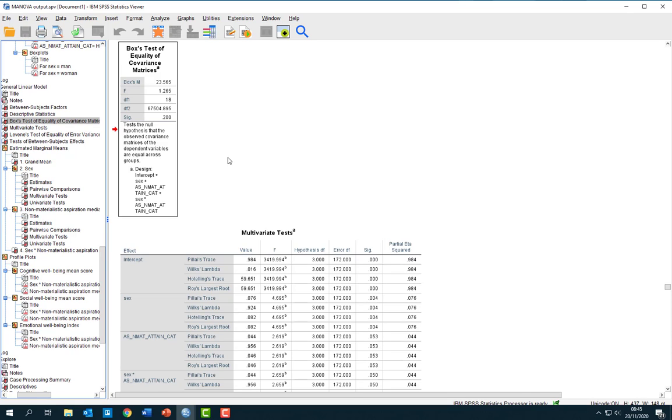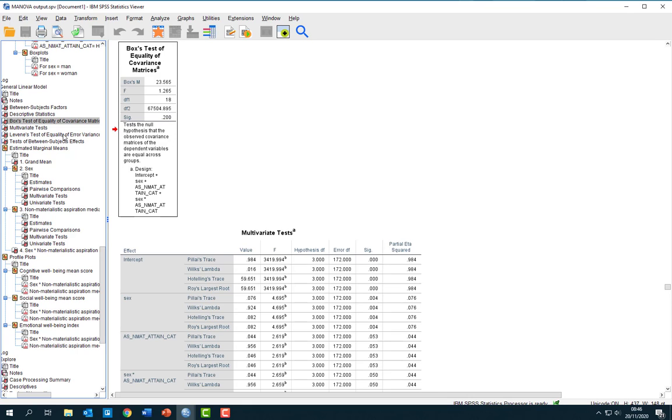And so when your smallest group has the largest variance, it becomes sort of dominant, and it produces spurious significance tests. So if we violate this assumption, and we've got unequal groups, we have to explore them in more detail. And Tabachnick and Fidell will talk about how you do that. So Box's test of equality of covariance matrices. Then if we have a look at the significance value, if that is less than 0.001, we have a problem. Now this is well over that, so we can keep going with the analysis and not worry about that, even though we have unequal groups. This is not a problem, so that's a really good sign.